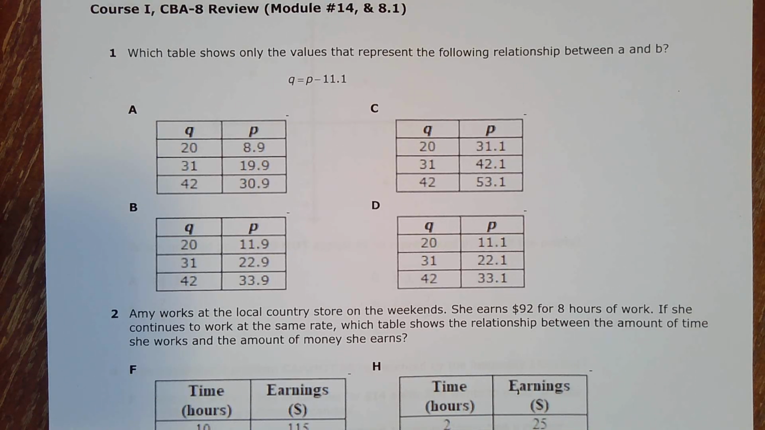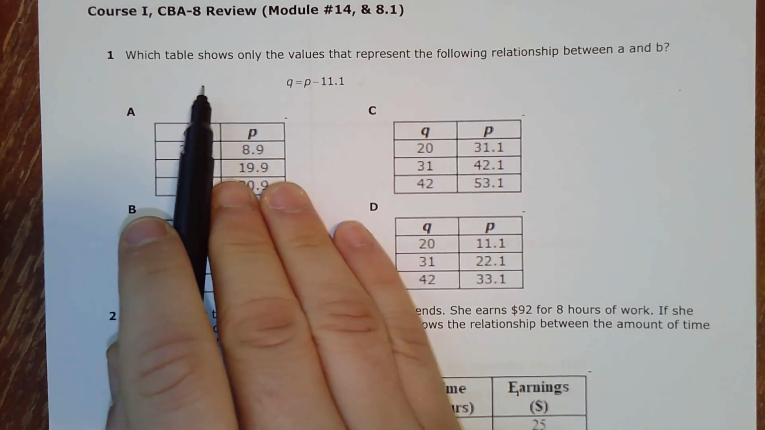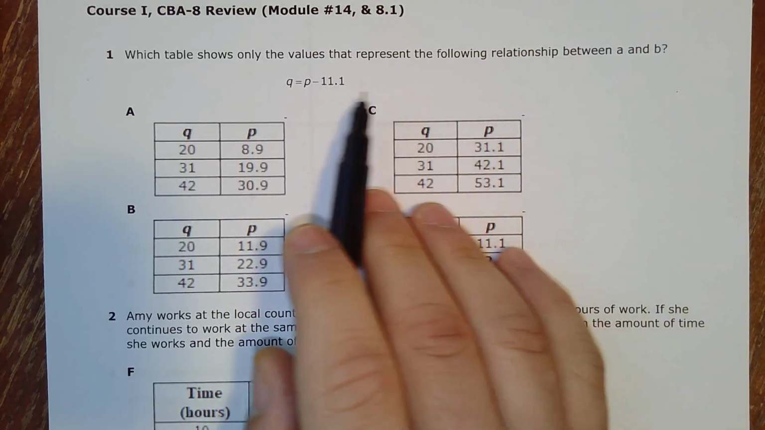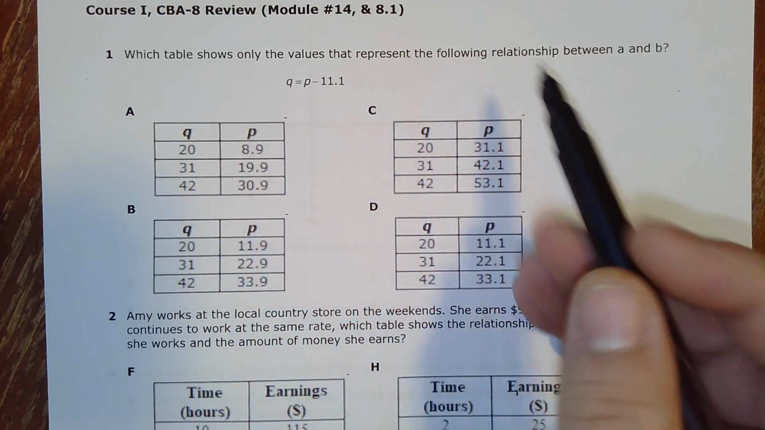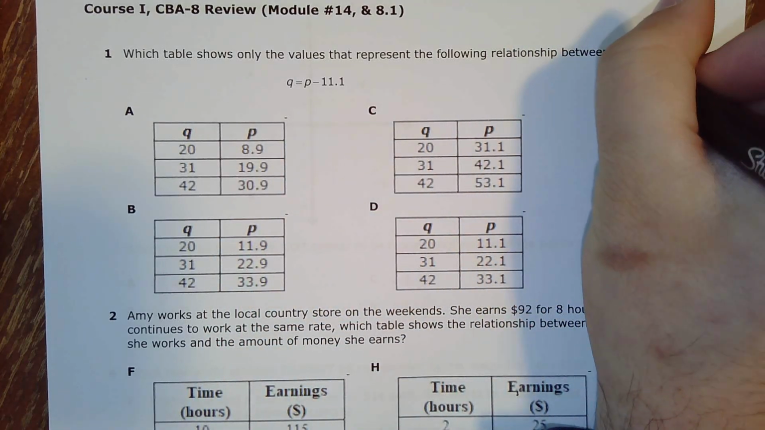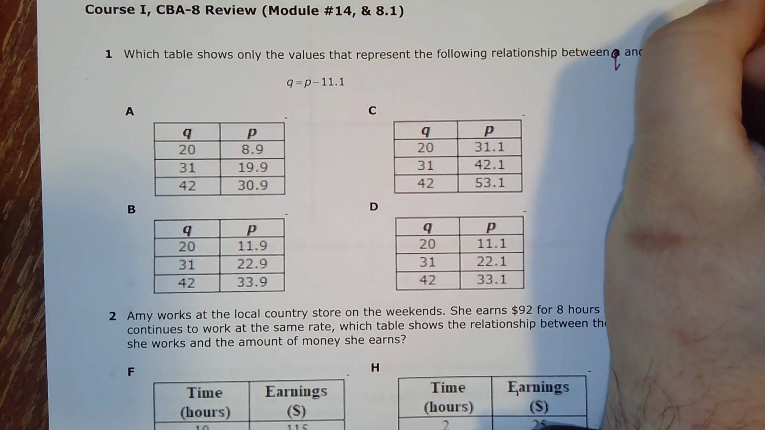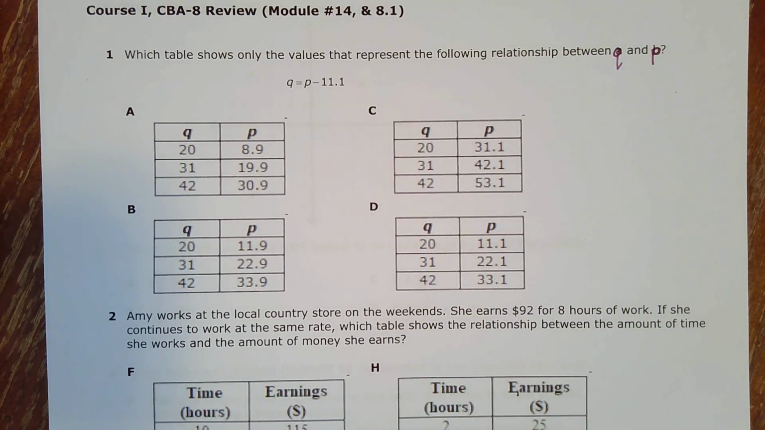One of the things I noticed real quick, it says which table shows the values that represent the following relationship between A and B, but our variables are actually Q and P. So, I know I had you guys do this before, but for those of you who are just now watching it or whatever, I'm just fixing that, right? So that we actually have